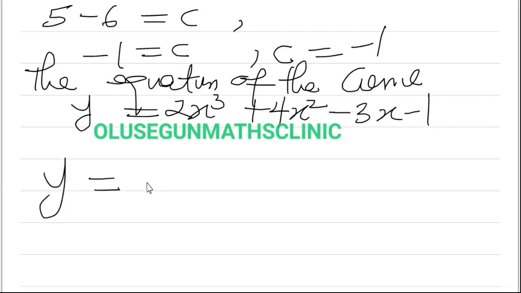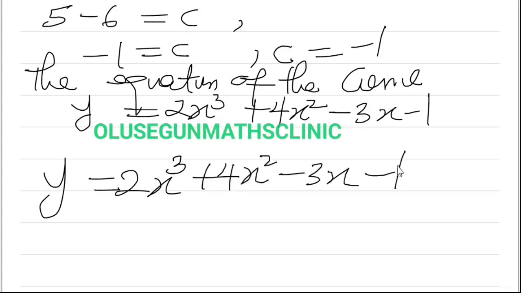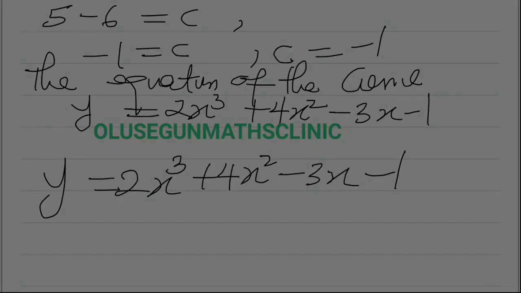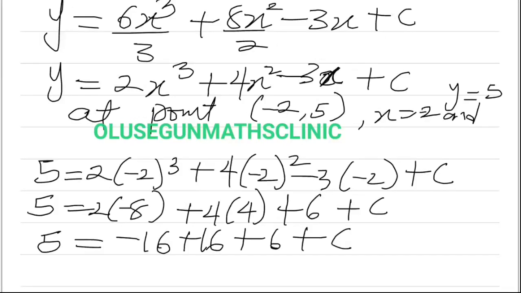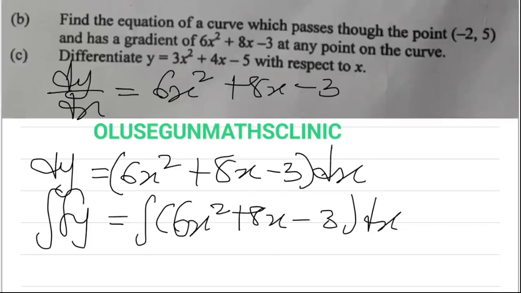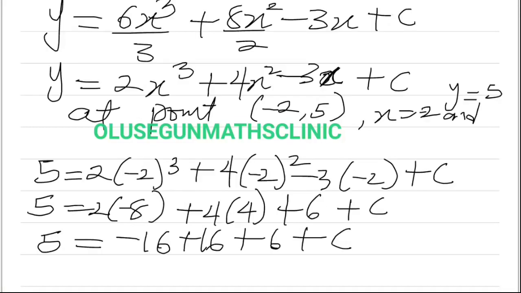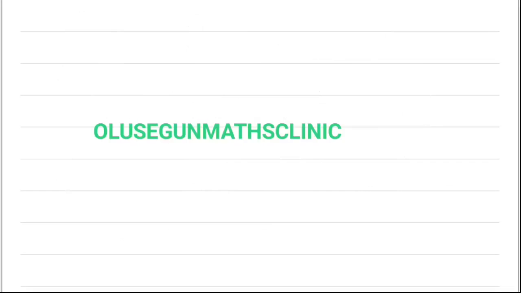Let me write it again: 2x cubed plus 4x squared minus 3x minus 1. So that is the final answer for question 8b. So let's also see the question asked in 8c. It said differentiate 3x squared plus 4x minus 5 with respect to x. So therefore, our question 8c